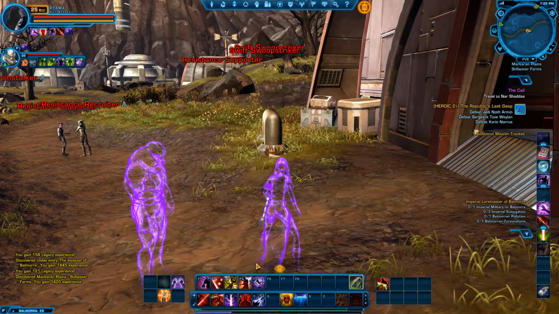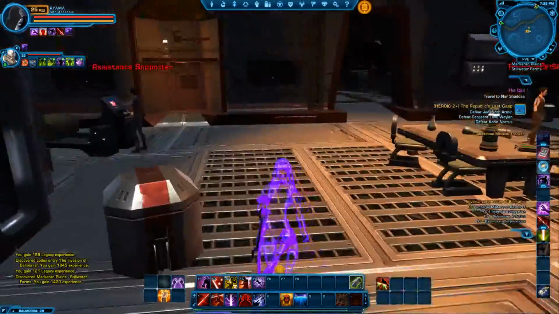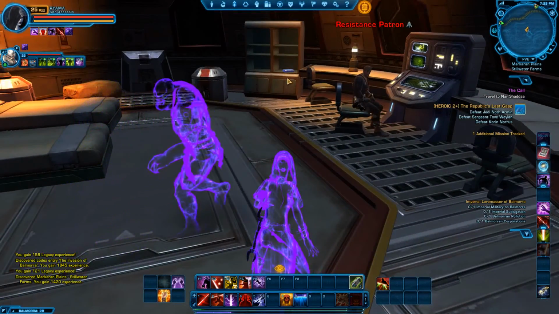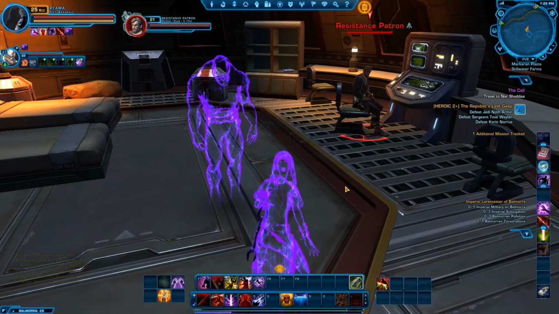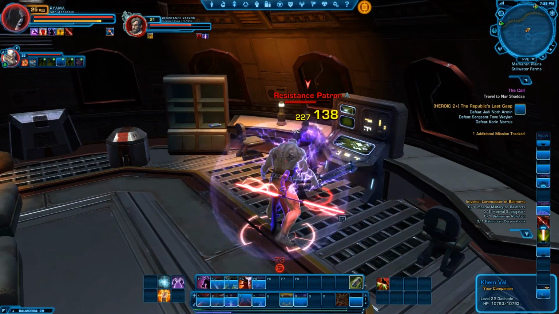Here we are. We need to go inside the building, past the mobs in the first room, and in the second room you see here is a clickable object, Imperial Subjugation, which is a lore object. I will have to kill this guy to get to the